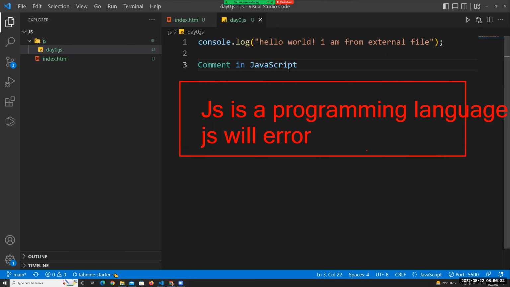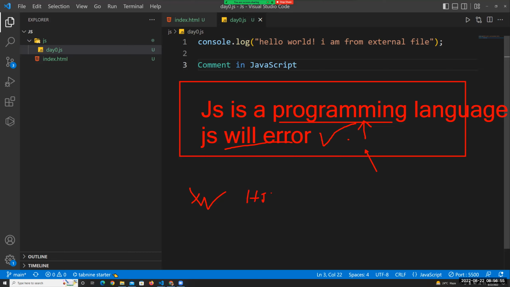HTML and CSS, if you do wrong also, no errors. But JS will give errors, definitely, because it is a programming language. You can write your custom logics and all these things using this programming language. You can program the computer. JavaScript is a programming language, so it will give you errors. And HTML, CSS are just markup languages,